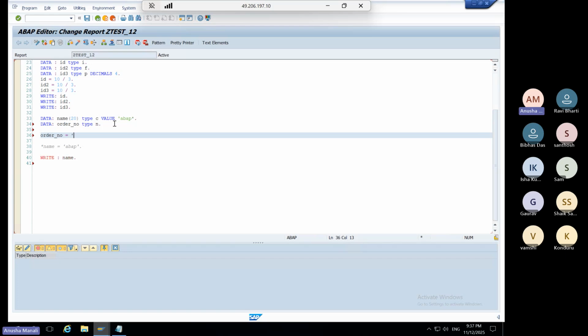Suppose I stored a characters value. Okay, and I check it, and I activate it